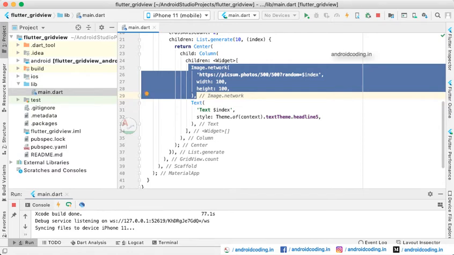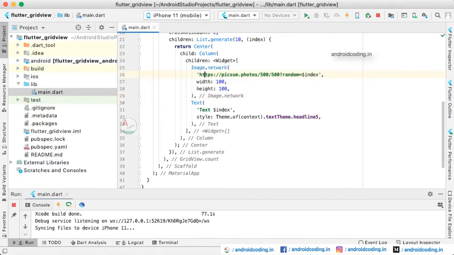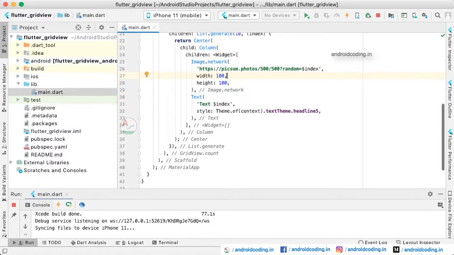We are specifying an image network here, inside which we are loading images. I have considered some default images, and as the number increases, that particular image will be loaded.